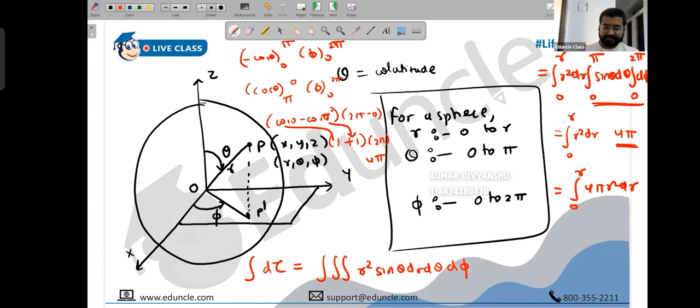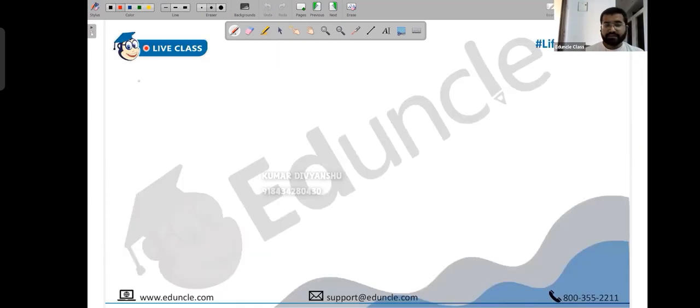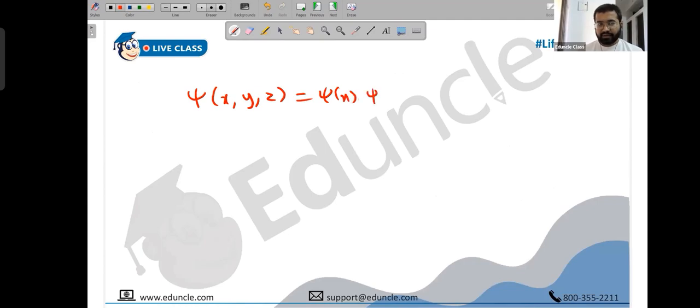Next, proceeding ahead, okay? Tell me if you're writing this. So just like in the 2D box and 3D box, I had told you that wave functions can be explicitly split. Like you used to write psi of x, y, z, it is allowed to be split like psi x, psi y, psi z. We learned this when you used to write root of 2 by L sin n_x pi x by L, root of 2 by L sin n_y pi y by L, root of 2 by L sin n_z pi z by L.